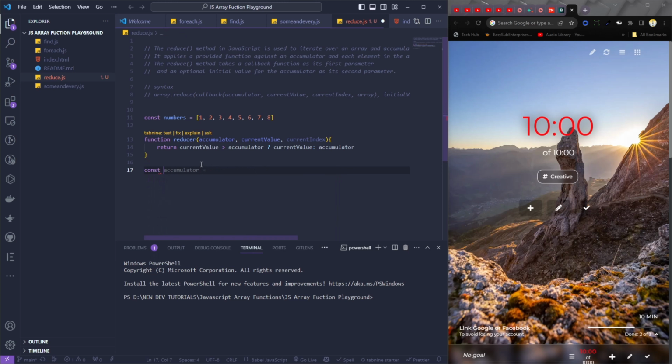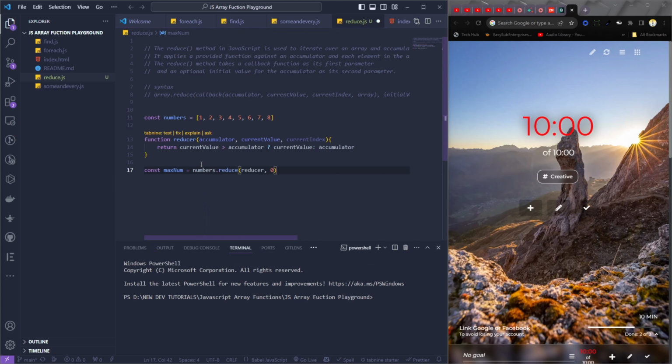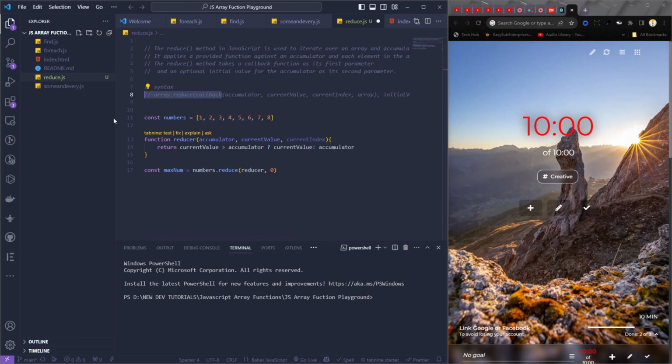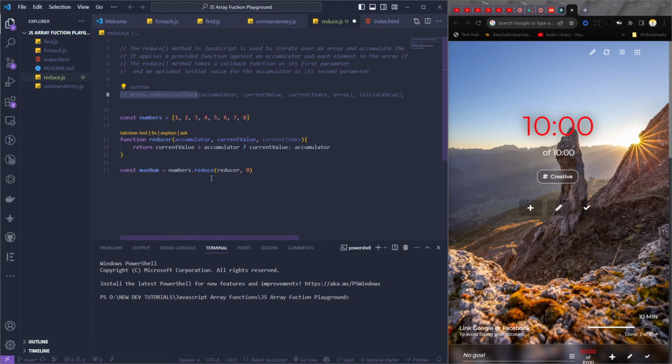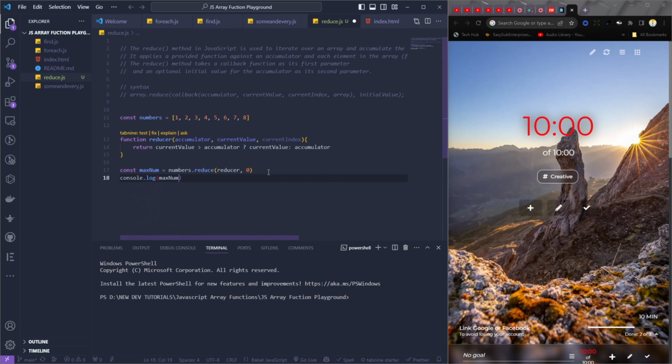Then let's try to get our maximum number, say is equals to numbers dot reduce, and then we pass the reducer function and the initial value. Remember, this is the initial value. Remember, we stated it here. We have the initial value here in this syntax. So I'm just going to open this so that we can see it better. And let's console log this. Console.log maximum number,